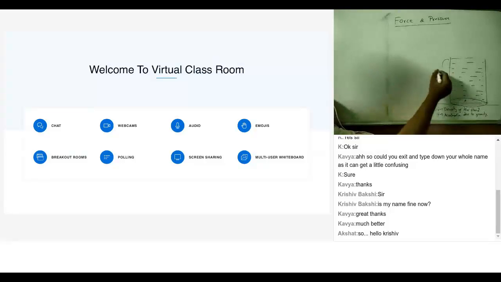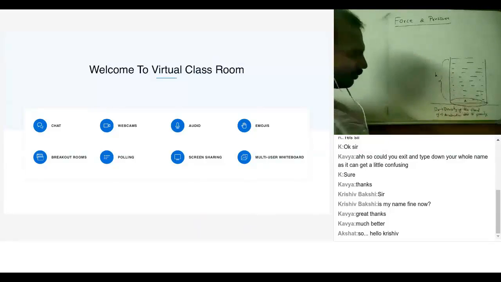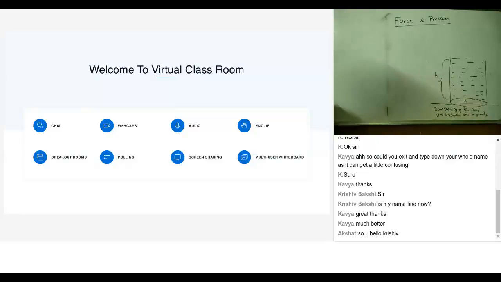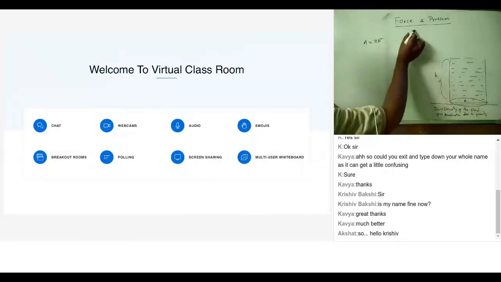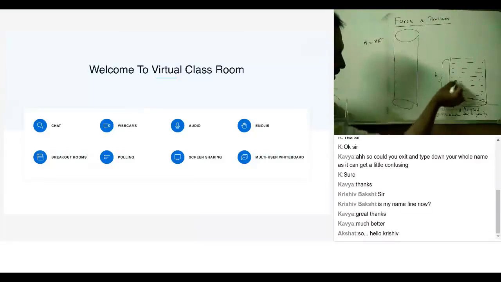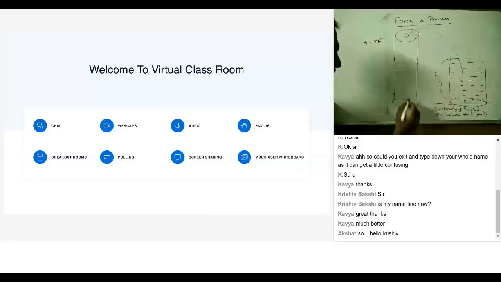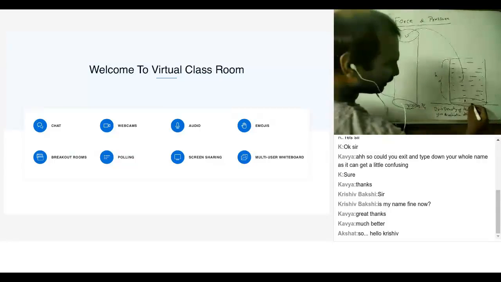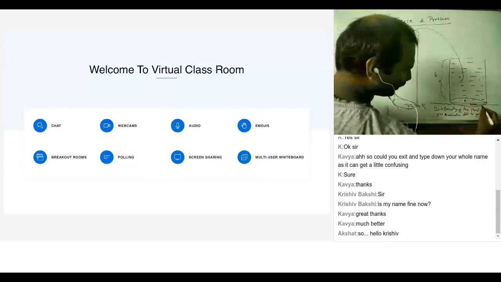Let's say I have a cylinder of height h and area of cross section A. Now I hope if it is a cylinder, what is area of the base written as? Can I write it as pi r square? Now what do I do is I take another cylinder and fill the same fluid into this cylinder. Now what is given? The radius of the cylinder is half the radius of the initial cylinder, right?